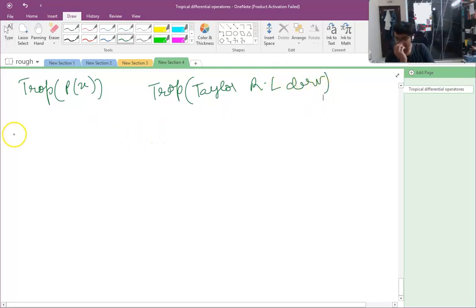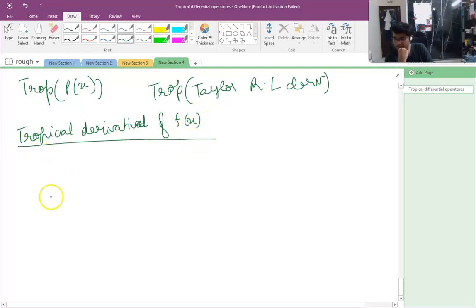So what we say is that, where is it? Right. Okay. So the tropical derivative of f of x is given by